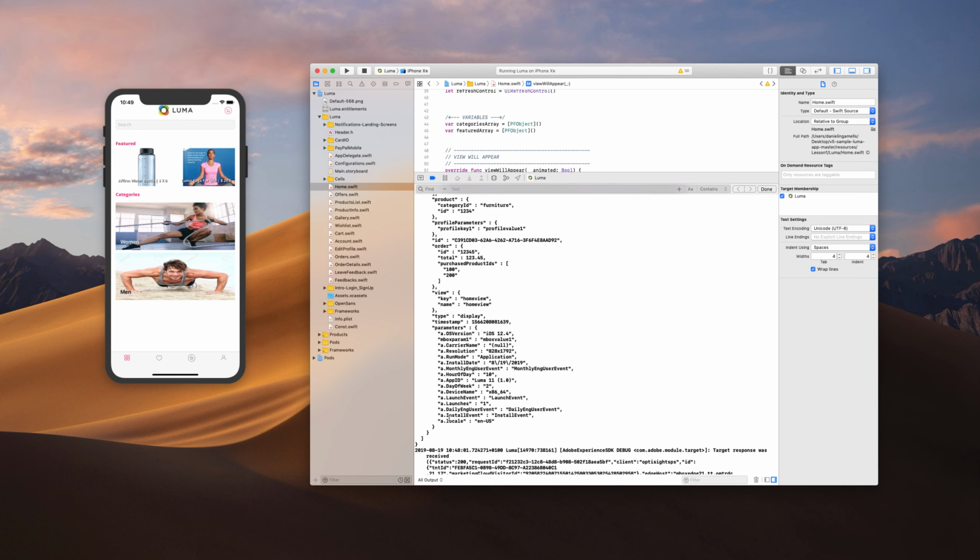But the one I want to look at here is this a.launches. So a.launches is a lifecycle event that is emitted every time the application is launched, and that will obviously increment 2, 3, 4, 5, 6 as many times as you open the app. So I want to use this to create a couple of audiences so we can then target content to those audiences. So again, if I just jump back into the target interface,